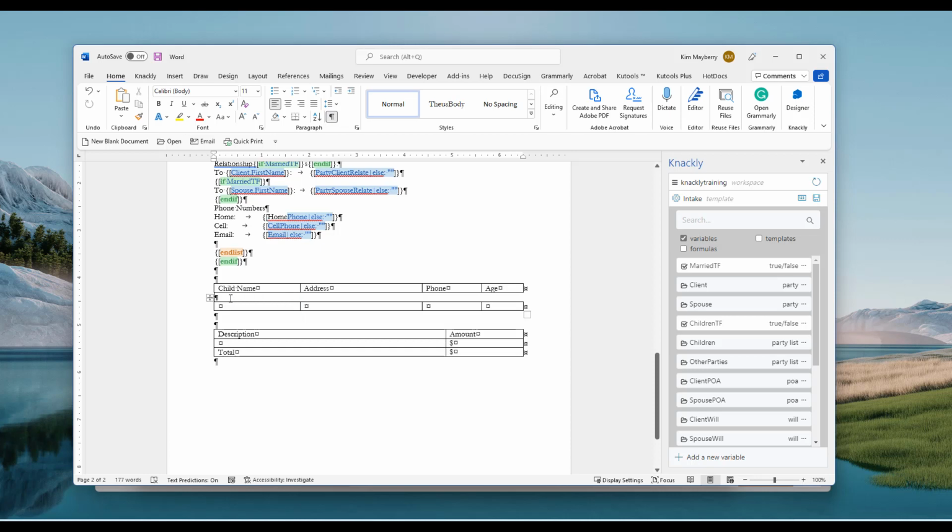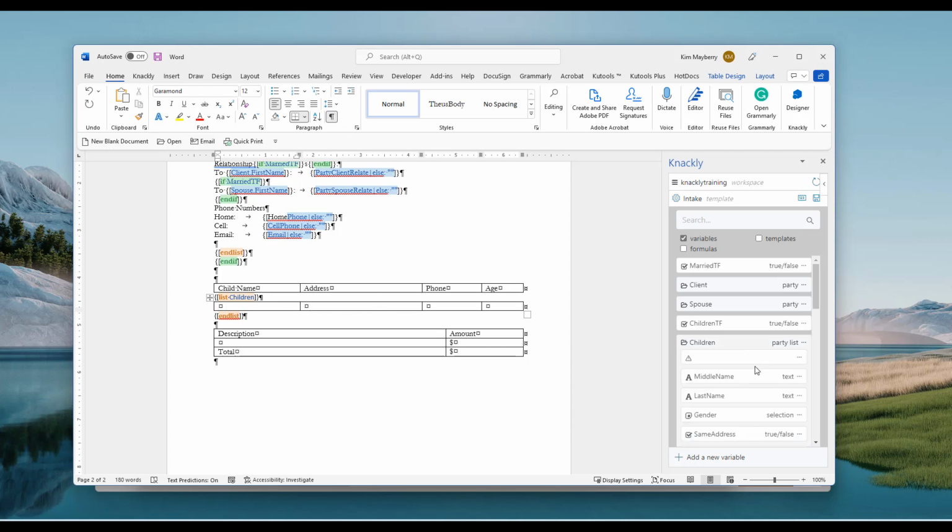Our next step is that I want to insert a children list. So I'm just going to do insert list without punctuation. Now I'm going to put this list around a row in the table. Next, in children,